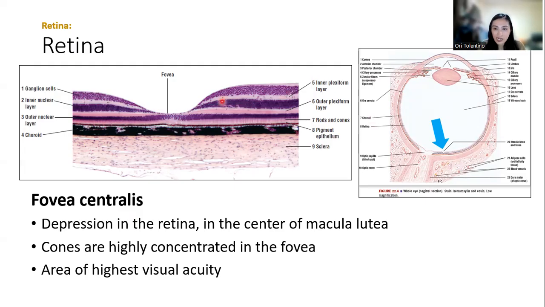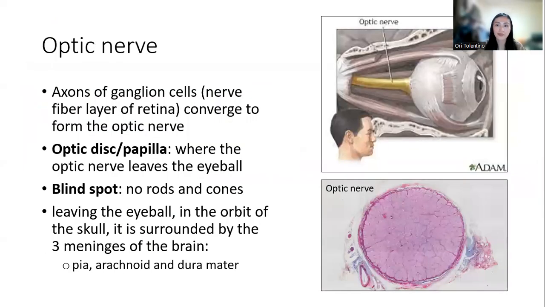So the ganglion cell layer, the retinal axons, and the other layers that pass in the area of the macula lutea are pushed to the side of the fovea so that the light can pass directly to the very sensitive cone cells at the center of the fovea. So the fovea is like a hole, and at the bottom there are many cones that receive the light directly, and it's the area of the clearest vision. Okay, so highest visual acuity because there are many rods and cones here.